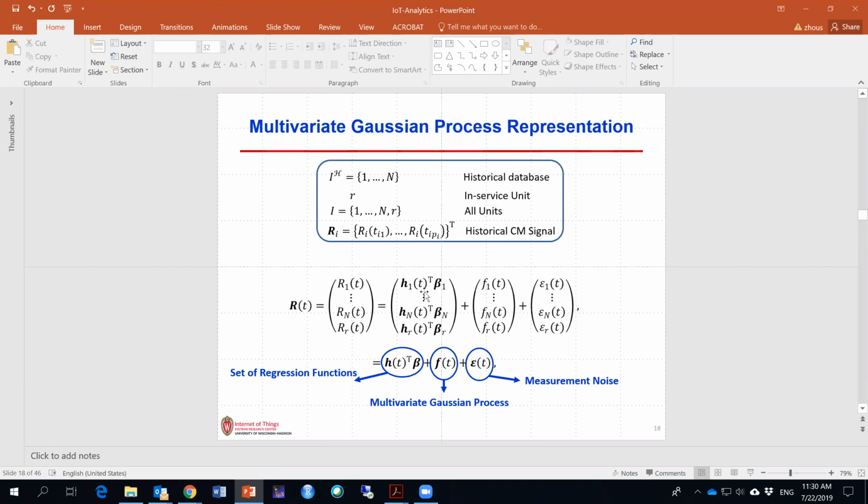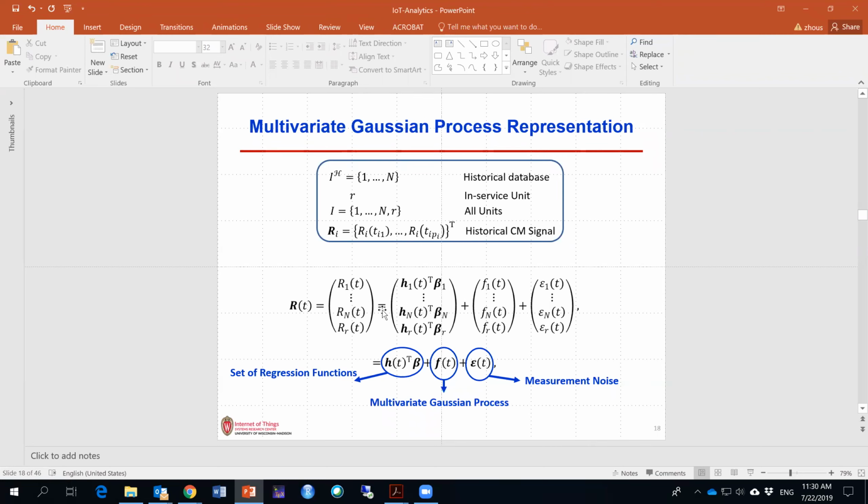So if we have dense measurement data, actually we can simply specify the regression part as 0 or any constant value. So this doesn't matter. This term will only play a role if we have very sparse measurements, meaning we don't have too many measurements from the historical signal. Then in that case, probably we need to specify some so-called mean function for this Gaussian process model.